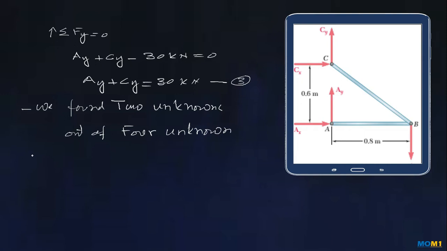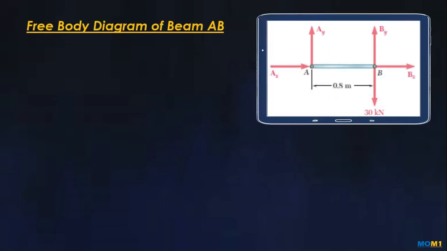So we have to further disassemble the structure, so taking a free body diagram of beam AB and again applying equilibrium conditions,